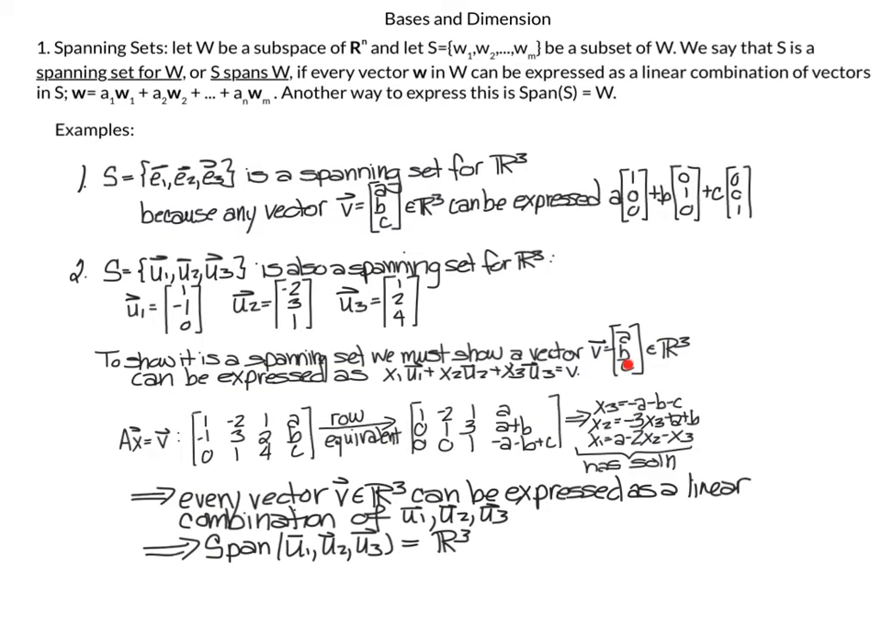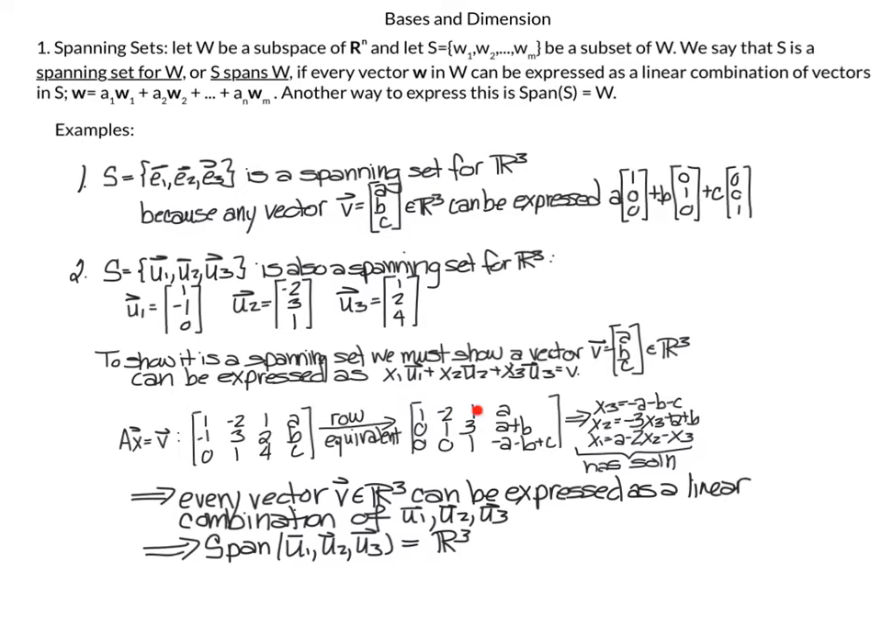And to figure out if A, B, and C can be written as a linear combination of u1, u2, u3, we just need to solve the matrix equation AX equals V. So V is our arbitrary vector in R3, and the matrix A is just the column vectors u1, u2, u3. Once I have this augmented matrix, I find that it is row equivalent to the matrix